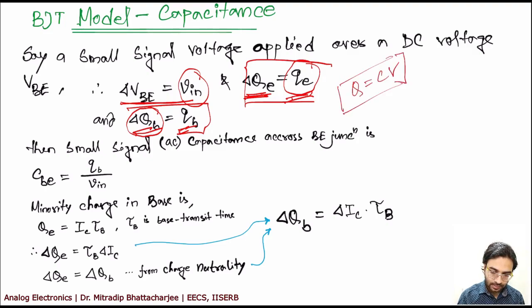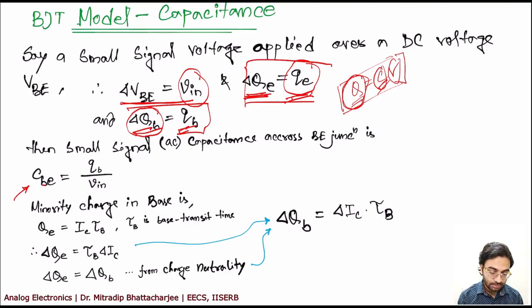Q is charge, C is capacitance and V is voltage. So in this case, CB, the base emitter capacitance, remember this is diffusion capacitance, okay? This is not junction capacitance. This capacitance is because of carrier transport. If there is any change in the charge due to carrier transport, it will show a capacitance. See, if there is any change in Q, you will find a capacitive effect due to that change in the charge. So this is a diffusion capacitance.